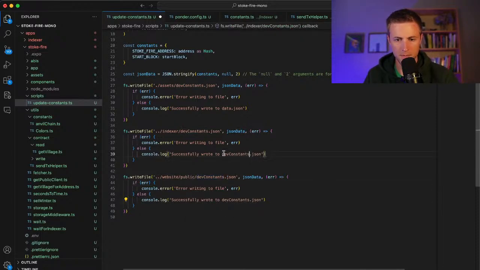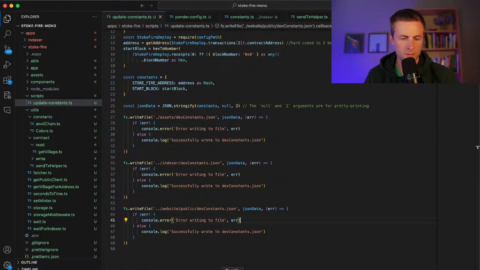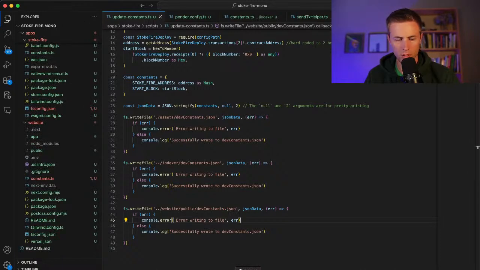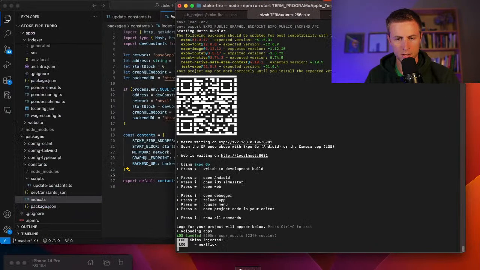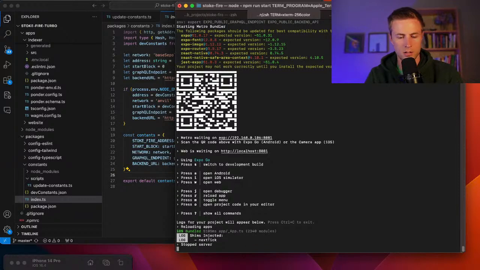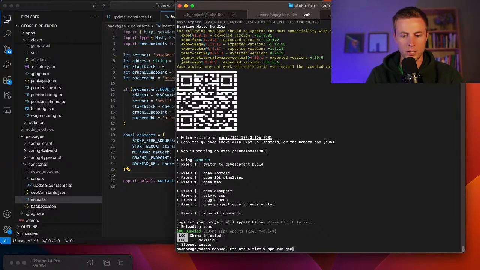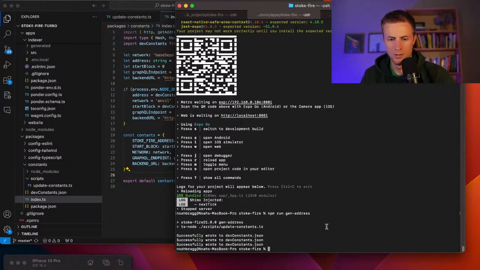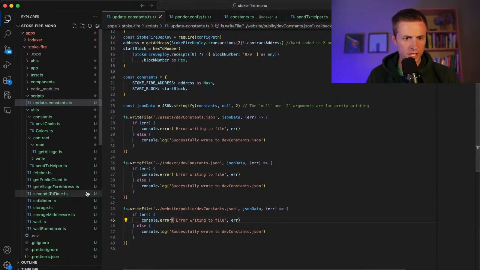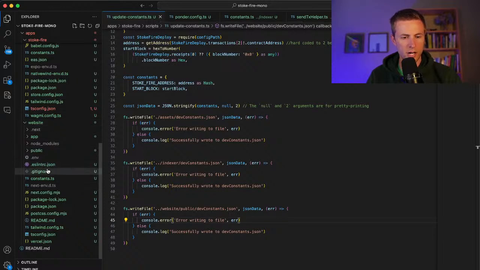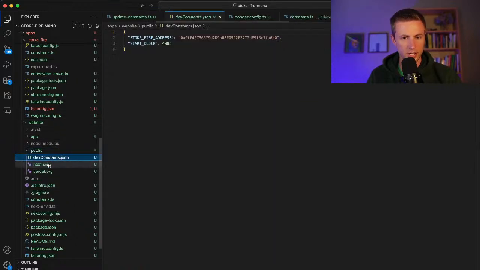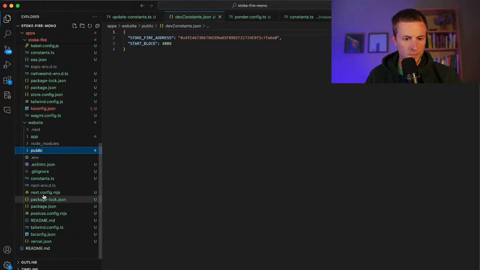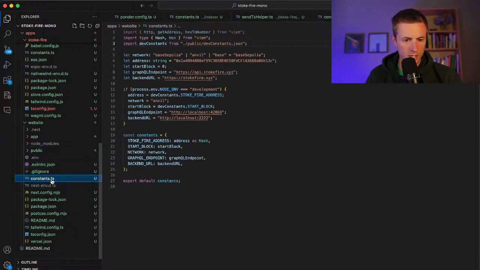Just update this naming because it's different. Okay, so now if we do npm run gen address, okay, boom, we wrote 3. So the question is, did we write in here? Yes, we did. Cool. So now in our constants file,